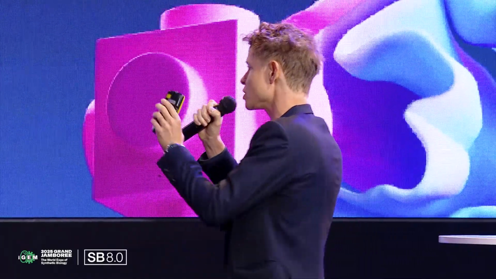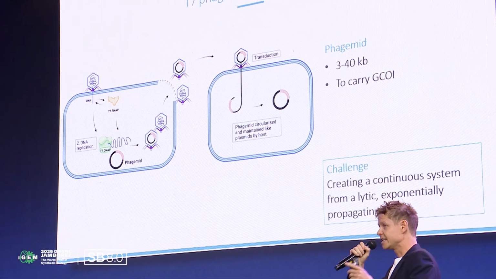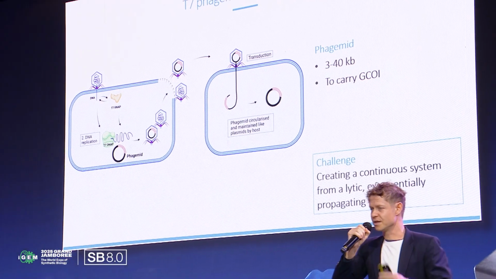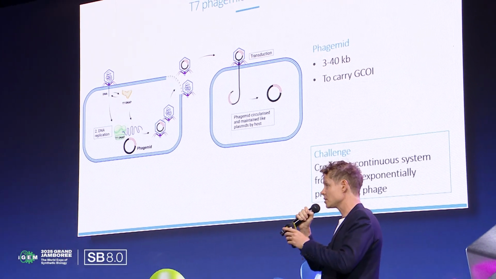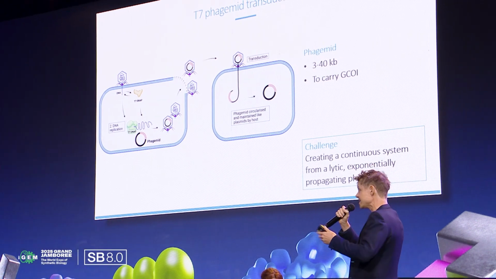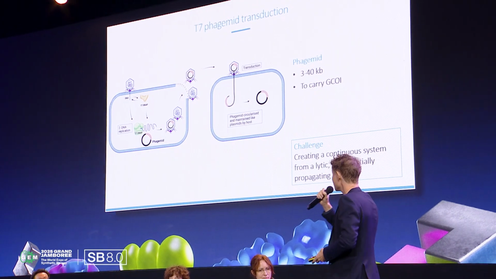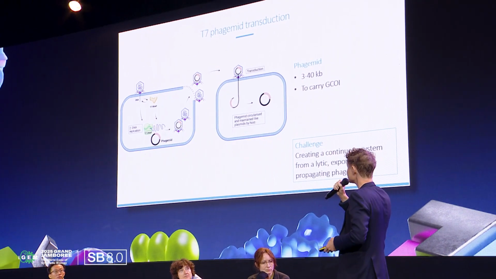If we introduce a small piece of DNA, it's a little plasmid, but we call it a phagemid. It contains 2 short sequences of T7 DNA. This plasmid can go into the replication system. The phage cannot figure out how to distinguish its own genome from this plasmid, and it even starts putting it into its own particles and kicking them out of the cell. So now we're ending up with a mixed population where some of these small phages don't contain their own genome, they contain the DNA I have put in here.